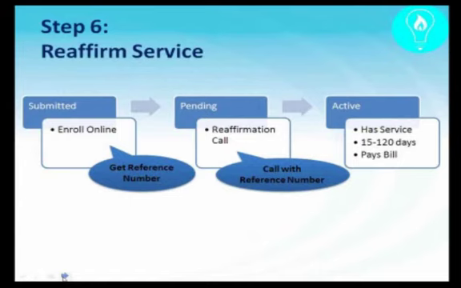Now at this point, you're moving on to step 6. As soon as your customer has enrolled with you in mymomentus.biz, your customer will appear in your M Center as a pending customer, or actually as a submitted customer. It means they submitted an application to become a Just Energy customer for natural gas or electricity. At this point, they'll get a pop-up kind of email that says, great, now you need to reaffirm your service and here's a reference number. So call this number with the reference number.